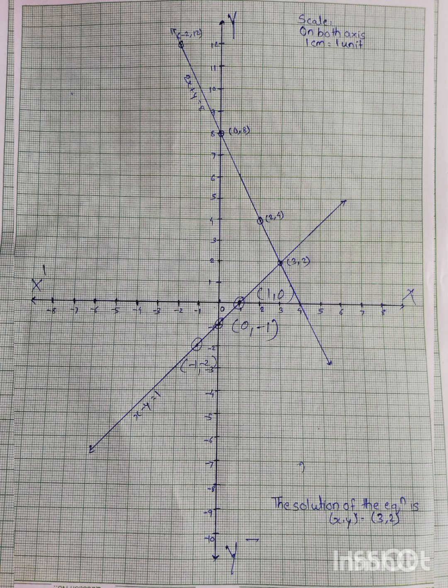Similarly, for the second equation also we have to plot these 3 points: (0, 8), (2, 4) and (minus 2, 12). After getting 3 collinear points, we have to draw again one single line which will pass through all these 3 collinear points, and on that line again we have to write the equation, which is 2x plus y is equal to 8. The intersection of these two lines will indicate the solution of the equations, and it is nothing but (3, 2). So the solution of these equations is 3 and 2. That also you have to mention on that graph paper.